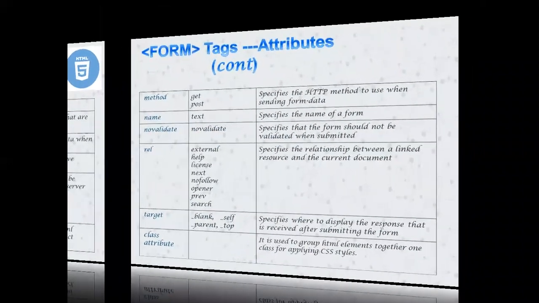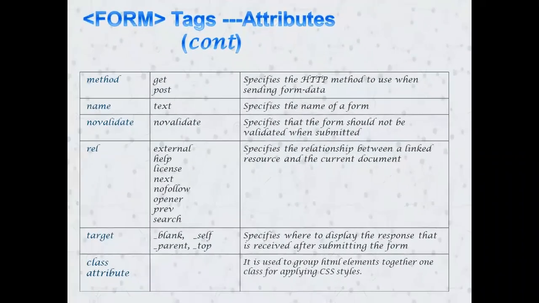Next, attributes. Next we have method, the most used one. That is, first you will take the data and then you will post it to the server. That is two types. By default, the method attribute is get, but when you accept the data, you give a get attribute, and when you post it to the server, it will be the post attribute.